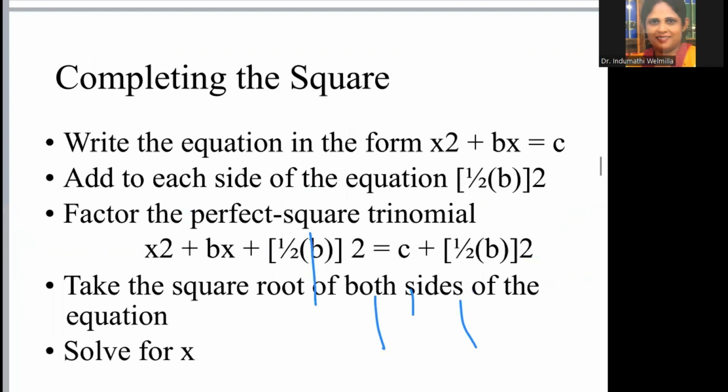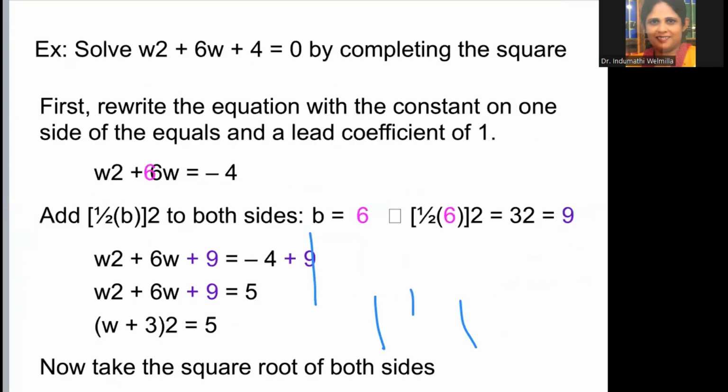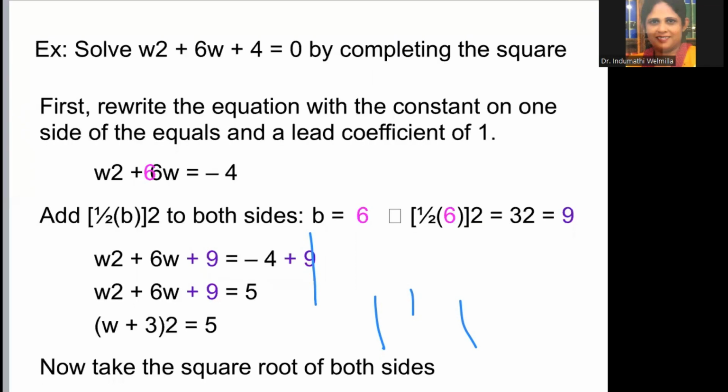Yes, here is one example. I will explain it for you. This is the given function, not the function, sorry, equation, right? The given equation is